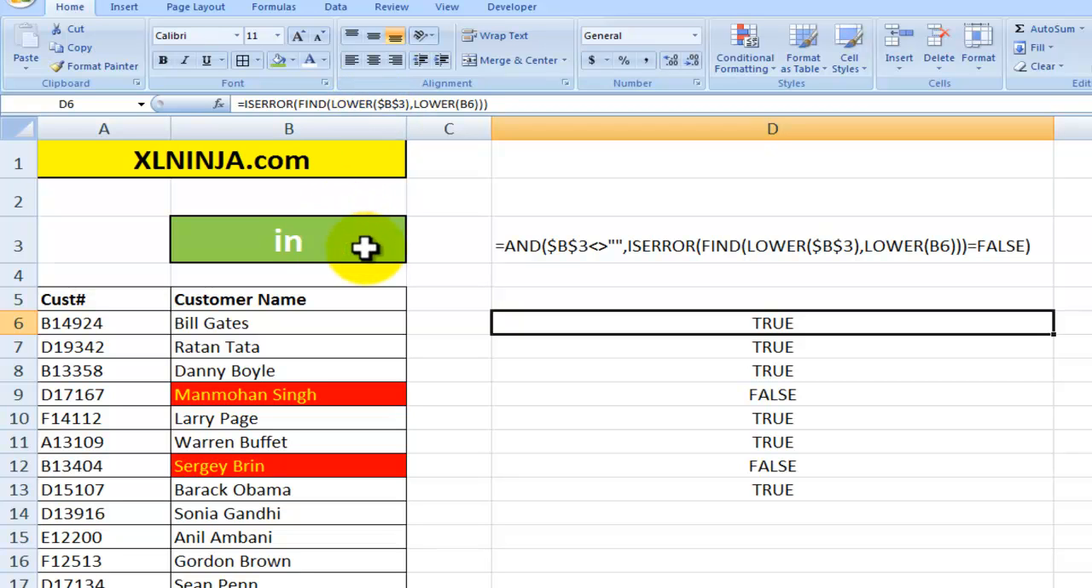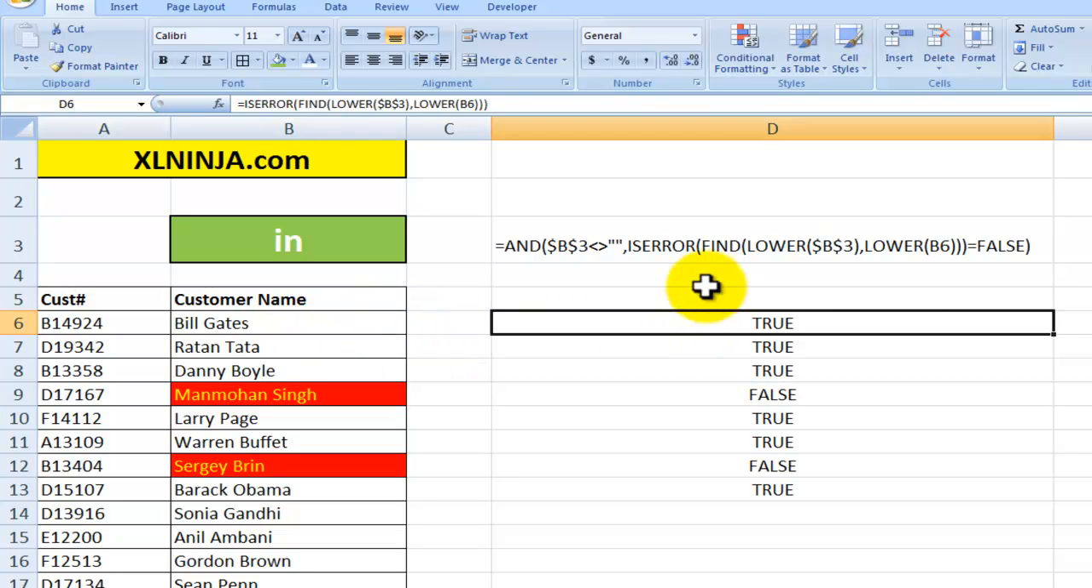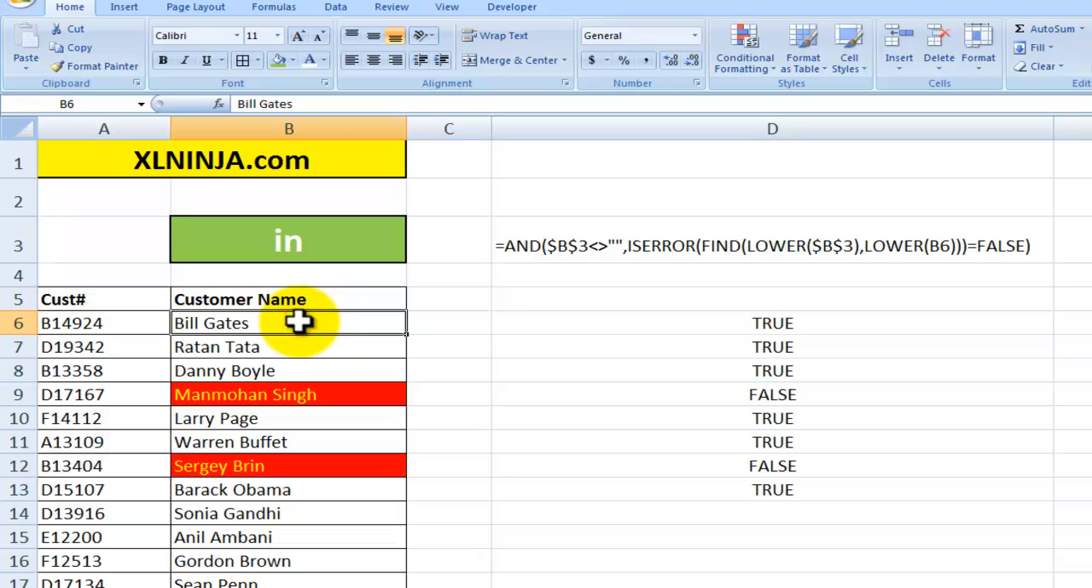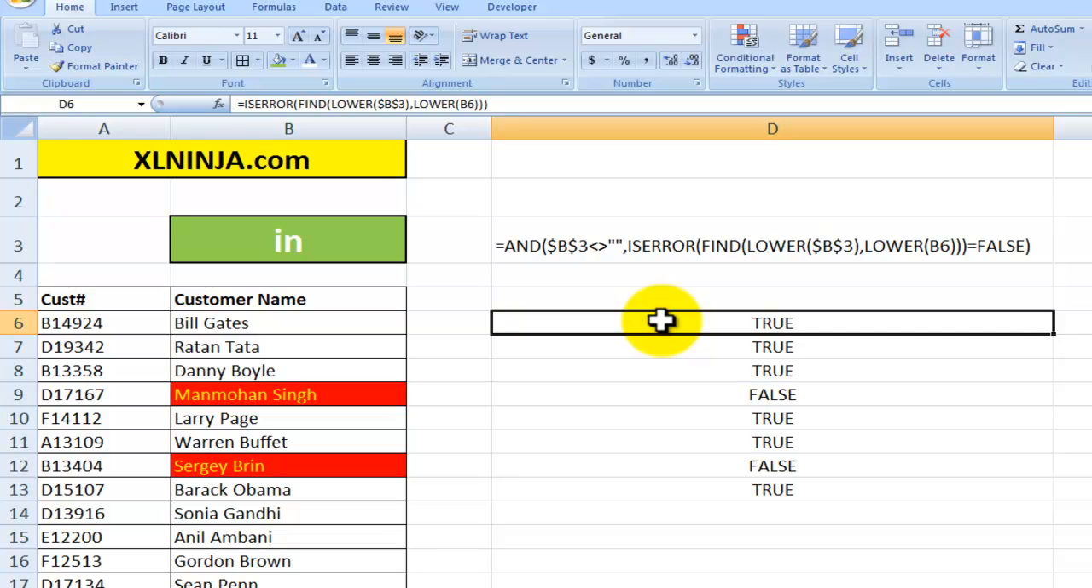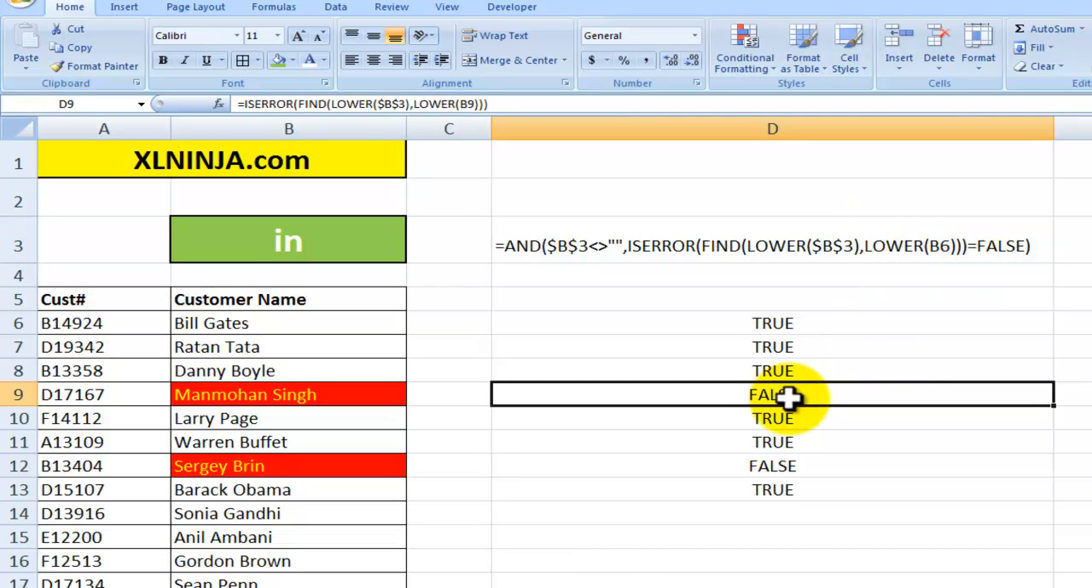So what this does, looks for IN, and here it looks for it in Bill Gates, cannot find it, so the error message, that means it's true. So what it does, Excel says, okay, is it contained within Bill Gates? It's not, so it's basically a true statement, cannot find it, and so on and so forth. So then the final formula basically looks at the false values, and if it's a false value, then it applies